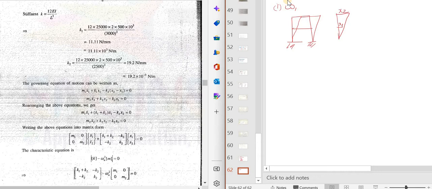Next is x2. Then in omega 2 also, similarly, I will be getting another shape, that is first one and second one. First one will be x1 and x2. Now I need to find out what is x1 and x2. So I can draw this figure. So for this, I am first substituting,